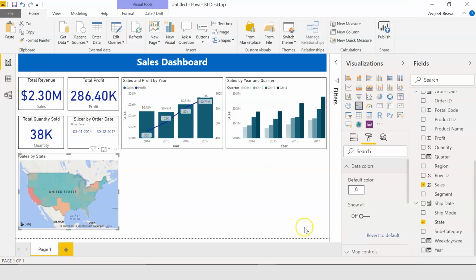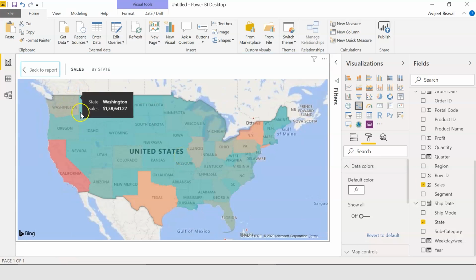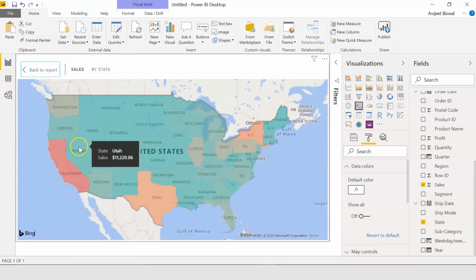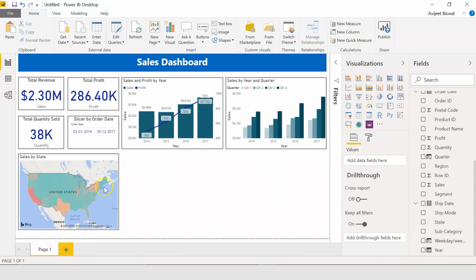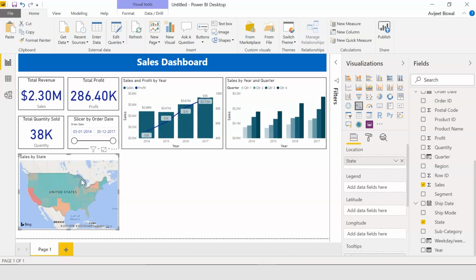Let's click on OK. Let's zoom out. So you can see the states which are in green color made the lowest amount of sales, while those which are in orange or in red made the highest amount of sales. So in this example, you can see California had the highest amount of sales. Similarly, New York is next, just below California with the amount of sales, followed by Texas. We'll go back. Let me also add a border to this. Similarly, you can also select the profit column or the units sold column to see the units or the profit that were sold by each state.